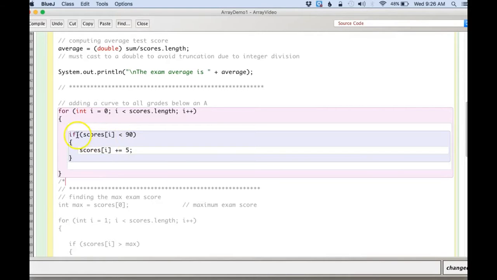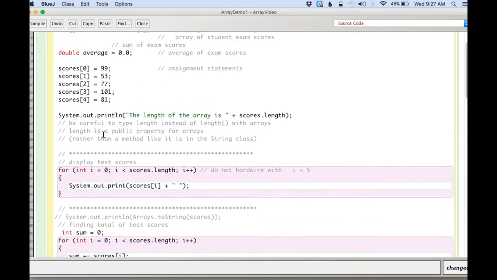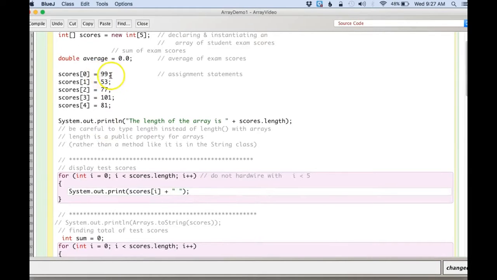Okay, we search an array, and quite often we do a linear search, which means we start at 0, at the first position, and we step through it to the end. So if I start at 0 here and go to the length, it's going to search every element of my array. And if you recall, these were the elements, so this one should not change, this one will, and that one will. So these 3 elements should have 5 added to them because we're curving them,